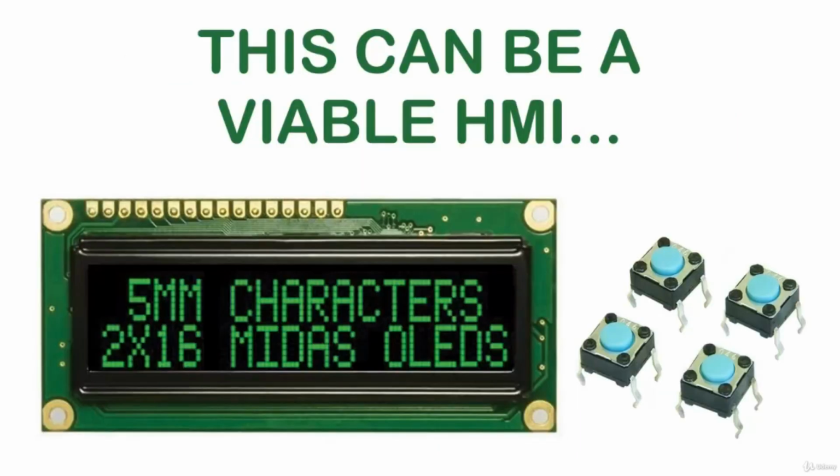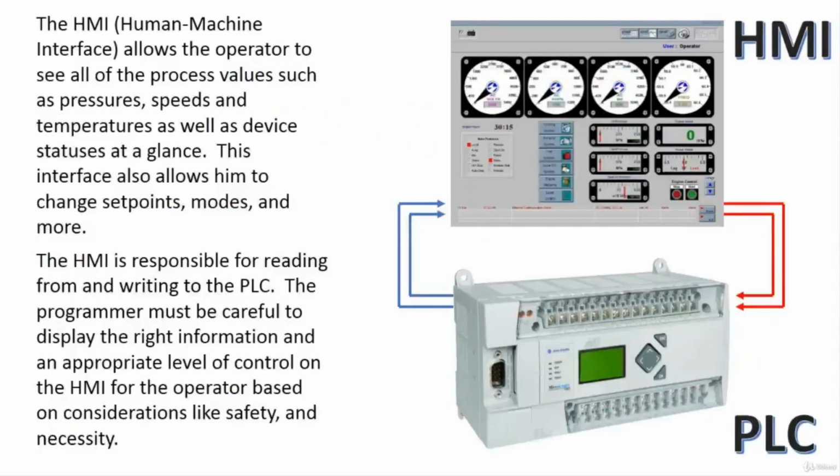A little 2x16 LCD display costs maybe $10, and 4 microswitch push buttons cost maybe 20 cents a piece. And this can be turned into an HMI with a little bit of programming and a little bit of wiring. But an HMI can be as cheap or as expensive as you want it to be. So I just wanted to put that in your mind, that not every project needs a $4,000 10-inch screen to